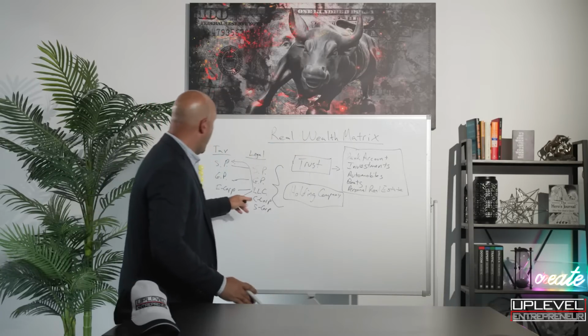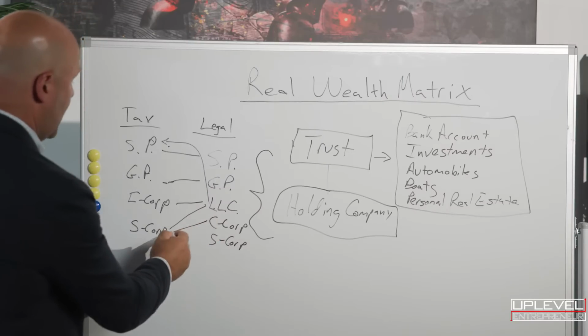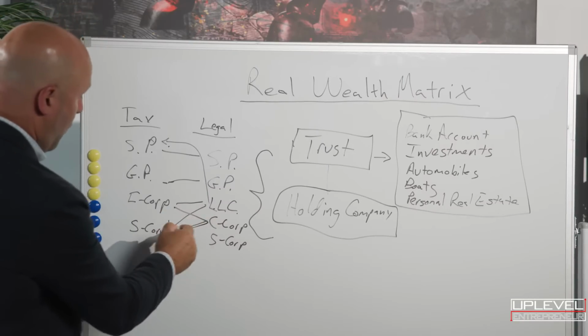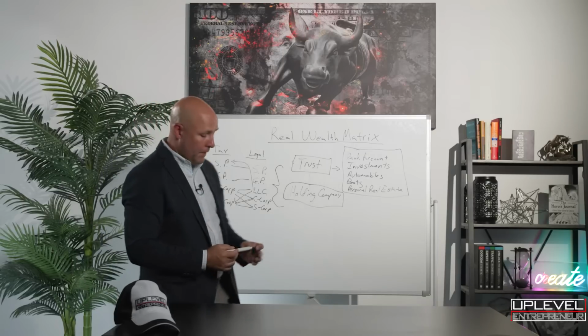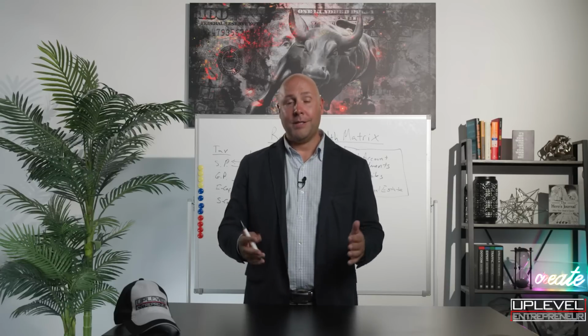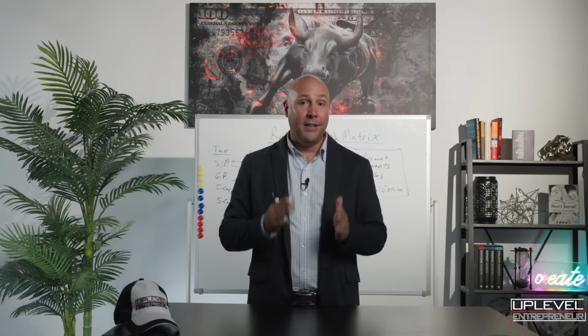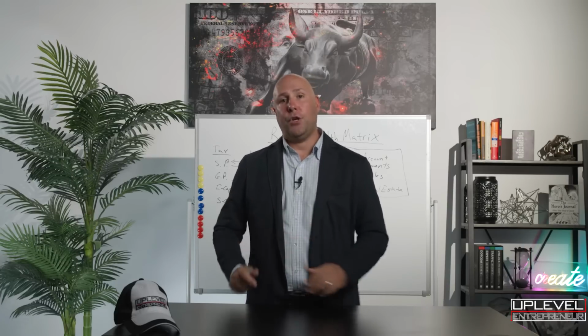Then with regard to a C Corp, you're going to be taxed as a C Corp or an S Corp, and an S Corp as a C Corp or an S Corp. Again, it's an election that you make on your tax returns. Basically, you file a form with the IRS to tell the IRS, this is how I intend my legal structure to be taxed going forward.